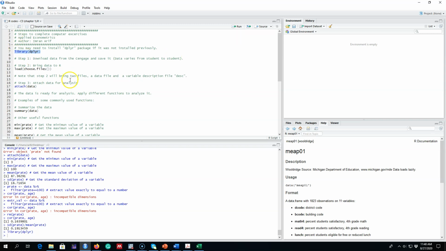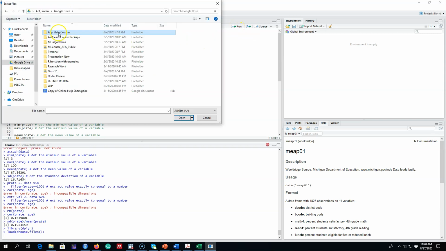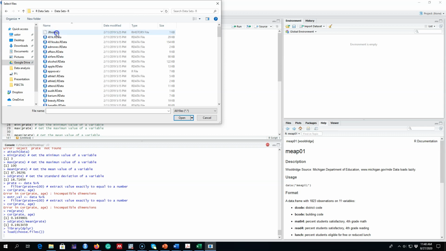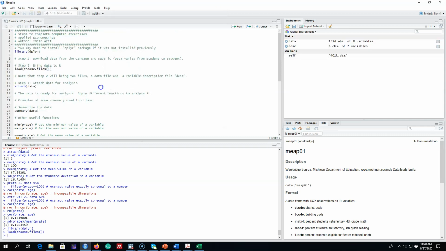Step 2 is to load your file in R. So I'm going to use this load function and choose file. I have already explained this function in another video. I'm going to upload a different data set for this example. Okay, so here I have a 401k data set,